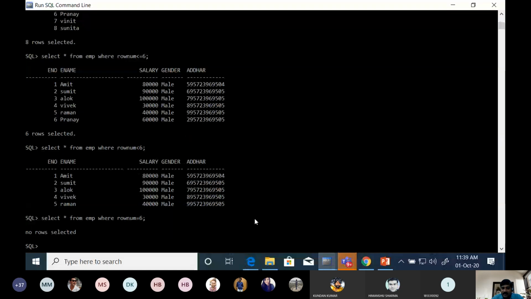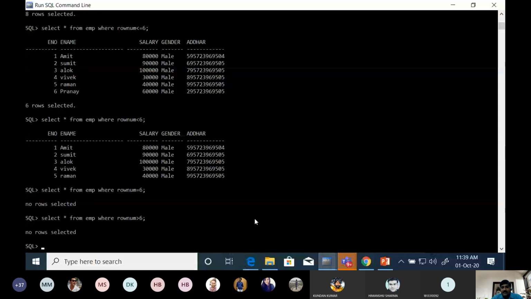If we write rownum greater than, so please note it. So rownum is not a user defined column. This is also a pseudo column. Generally the system DBA uses these two pseudo columns, rownum and rowid, for retrieving information. Did you get it? Yes, sir.